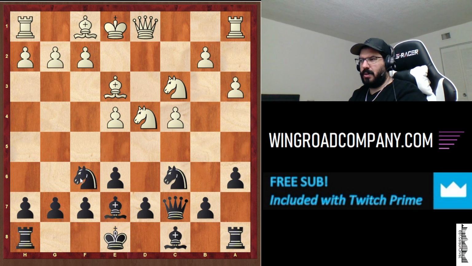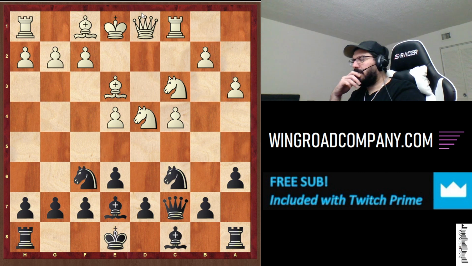I wonder if I do. Does this work? Yeah, that works too. Okay. Black wants to castle as quickly as possible. Rook c1. There we have it. So knight e5